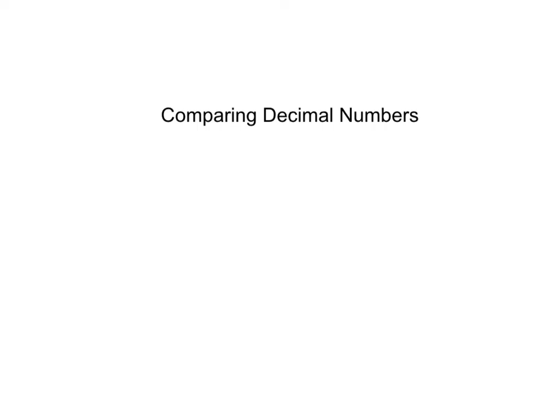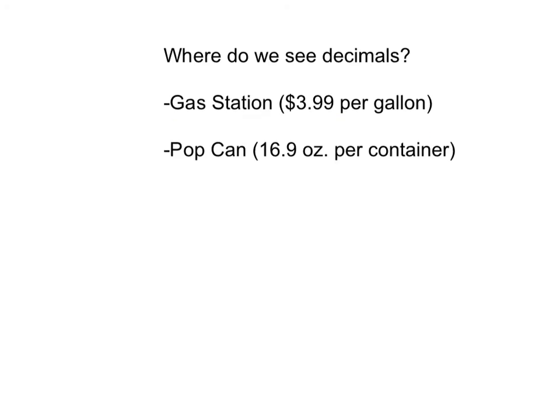In this lesson, we will be learning how to compare decimal numbers. Before we compare decimals, it is important that we recognize decimals around us in our own lives. Looking at the two examples below, we see a gas station. A gas station has the cost of a gallon of gas. In this example, the cost of 1 gallon is